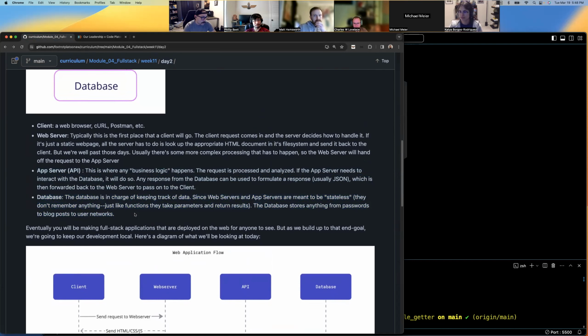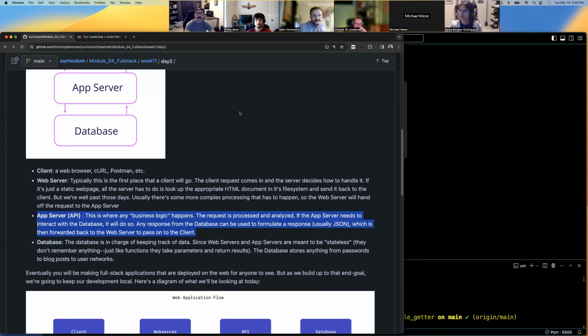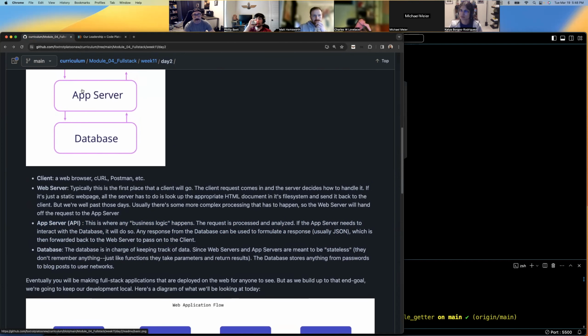They are information persistence stores, basically, that you can interact with, query with, create, read, update, delete. The app server is just going to be doing something in between the database and the front end. The amount of work you want this app server doing is totally up to you. There are certain conventional things that it should do, but it's really just limited to what you want the back